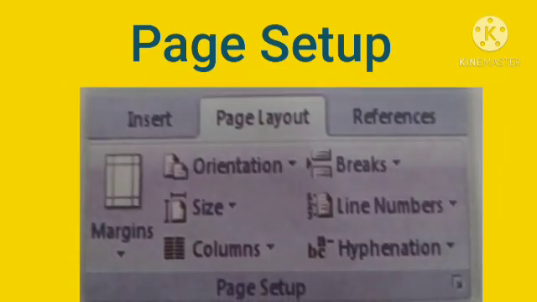Page setup. The page setup are the parameters defined by the user that help determine how a printed page appears. Those parameters can include everything from the size, margins, page orientation and quality of print. Page setup provides options for making your document look neat and disciplined.